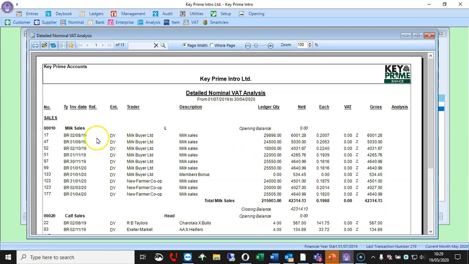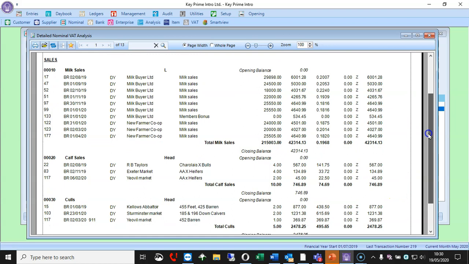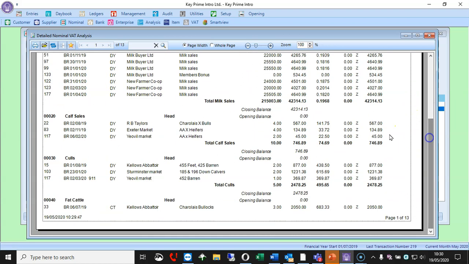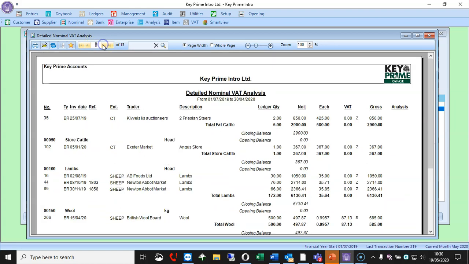Well, here is our report, and by putting it in landscape and having the VAT on it, it's just a further check as you scroll up and down this report that you have got the right VAT code on it. Do you need an analysis code on it? And so we can just check running down through here that we have posted everything in the right place.